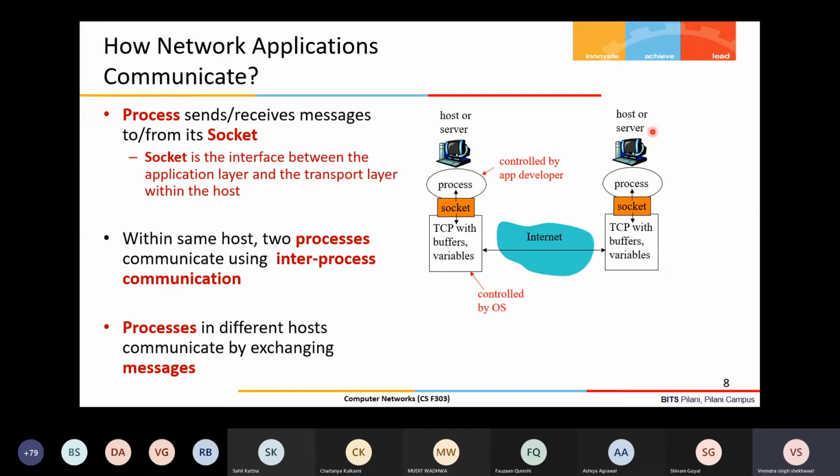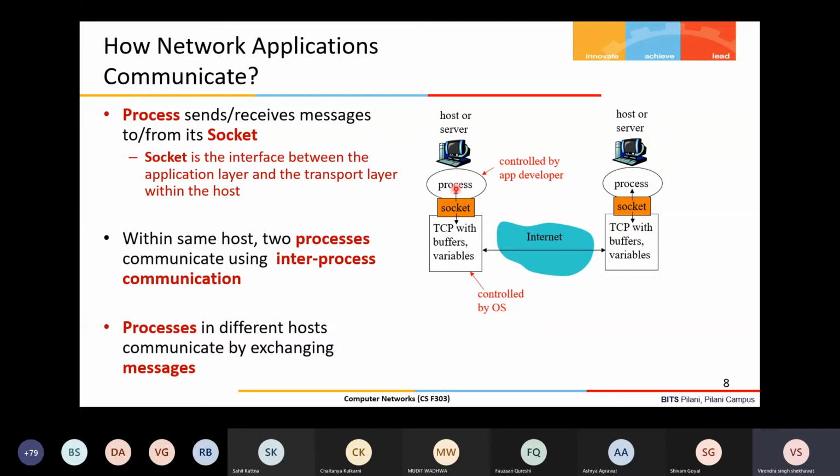When the application is running, the running state of the application we call a process. So basically, a process is communicating. One process is communicating to another process. So that's why I'm showing here. Okay, here an application is running, and the running state of that application is a process. So one process is running here, and one process is running here, right?